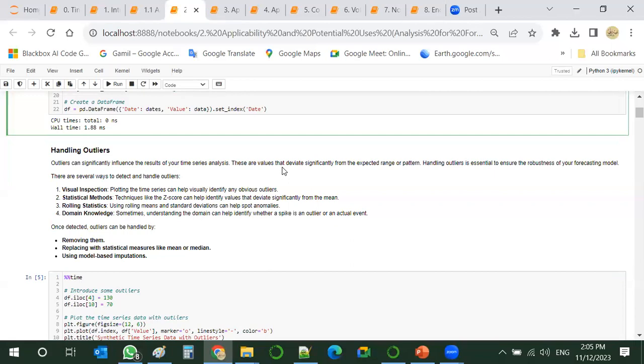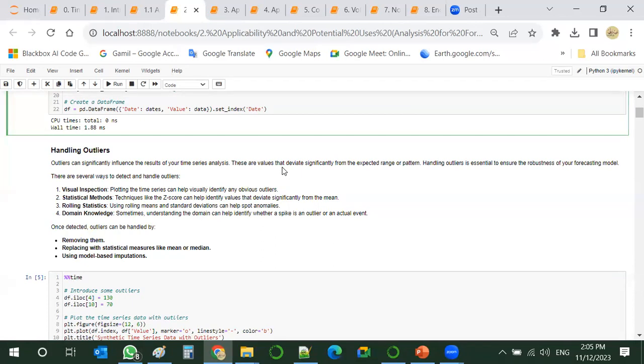Or we can use rolling statistics like rolling means and standard deviation. And one of the most important techniques is domain knowledge. Sometimes we can see very odd values, but it doesn't necessarily mean that these values are outliers.